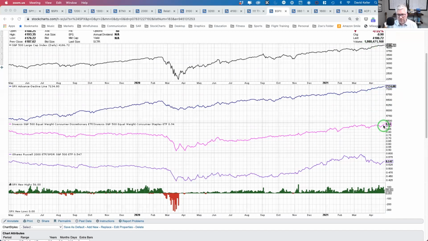If you're looking more cautiously, you would want to see the ratio of consumer discretionary versus staples breaking down to a new swing low, which would indicate that institutional investors, larger investors, are rotating more to the defensive side of the consumer space. You'd expect to see small caps continue to underperform. That would be another headwind to outperformance. And finally, a drying up or a lessening of new highs. Instead of new highs expanding, you'd see new highs contracting. At some point, you might see a rising number of new lows, which tells you stocks are actually selling off to the point that they're making a new 52-week low.